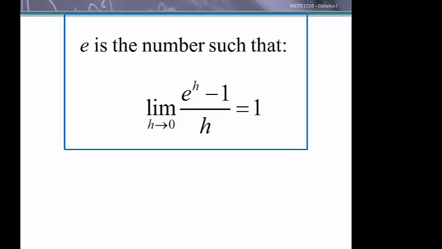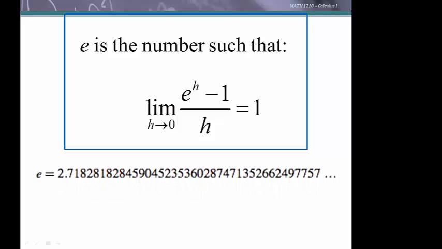Right now we have this definition based on this limit that we have gotten as we were trying to find the derivative of an exponential function. E actually is an irrational number that continues on and on and on, and here are a few of the digits of e. The derivative of an exponential function is a to the x times the limit as h approaches